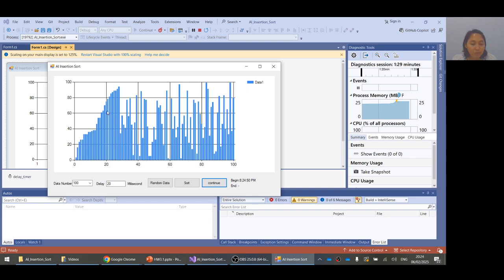Then the sorting process will pause at that time.